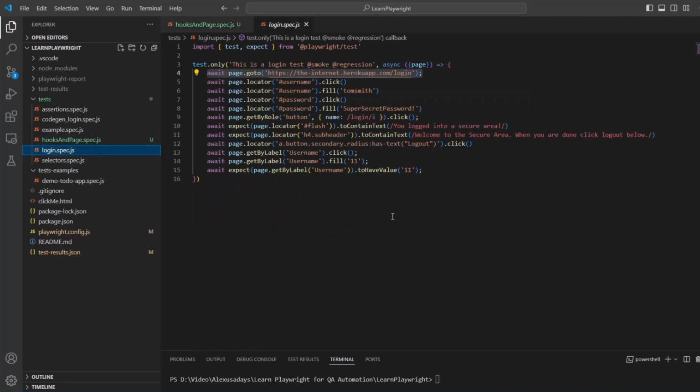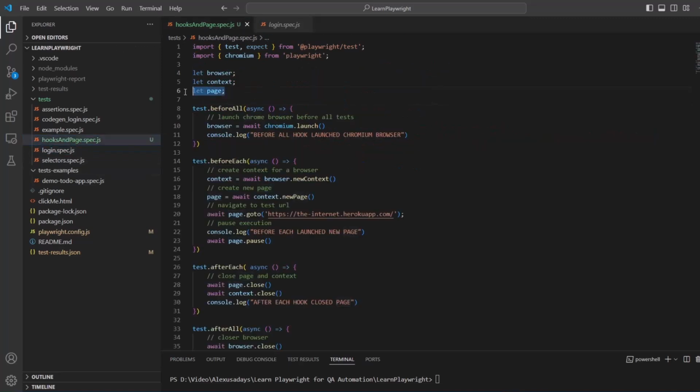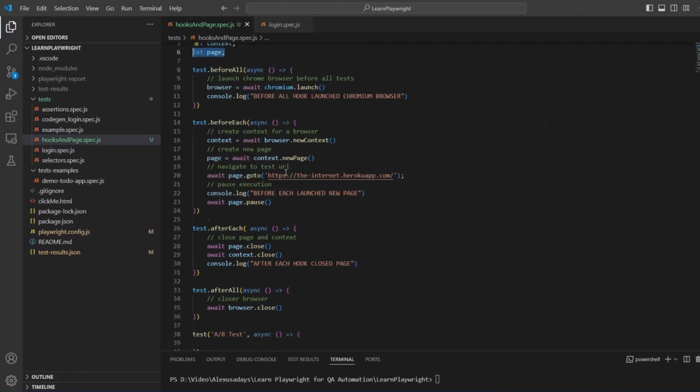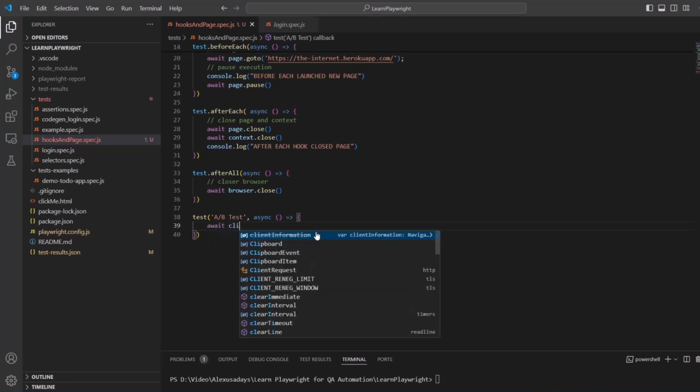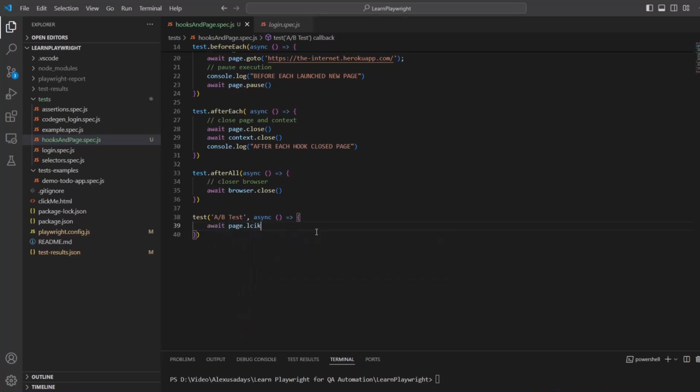Before, you can see we had to pass the page, the fixture, inside, and we were using it within. Now we don't have to pass it inside because we use the page that we stored here at the top in the variable, right? So A/B test sync, and then first thing we need to click, await page dot click,